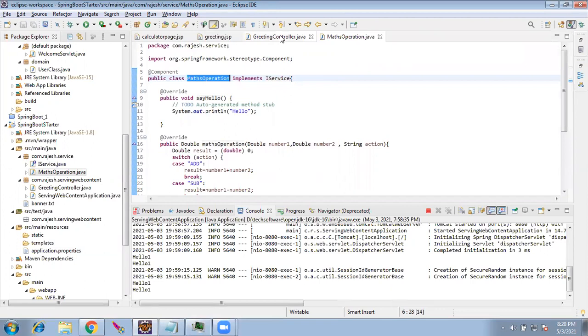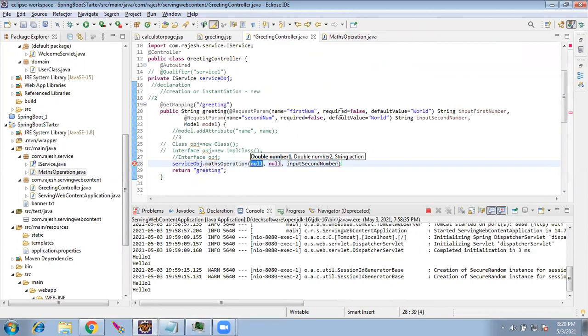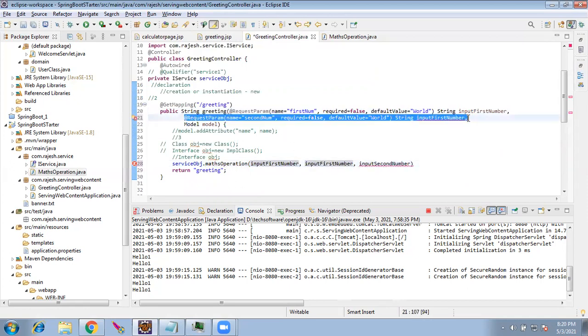Okay. So we are going to see that. So I am just declaring, now I'll call this class dot match operation of, what is my first number here? First number, second number. Let me add the third also as action.